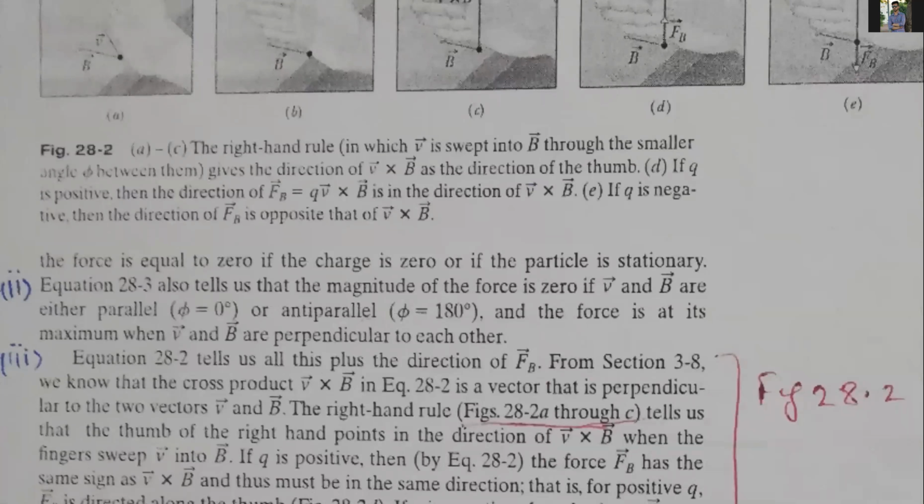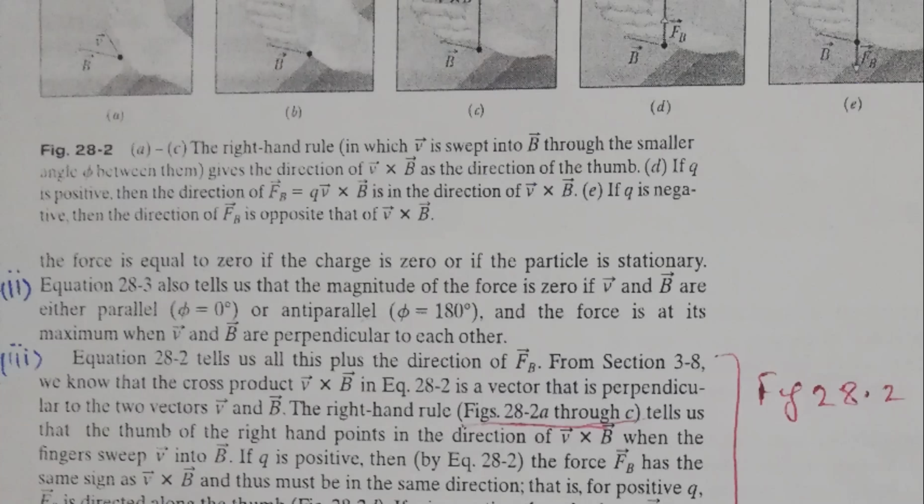Okay, so if the angle is 0, or if the angle is 180 degrees, sin 0 is equal to 0, and sin 180 is also equal to 0. So if V and B are parallel or anti-parallel, the force acting on the charged particle is 0, and the force is maximum when the angle between them is equal to 90 degrees. So equation 28.2 also tells us